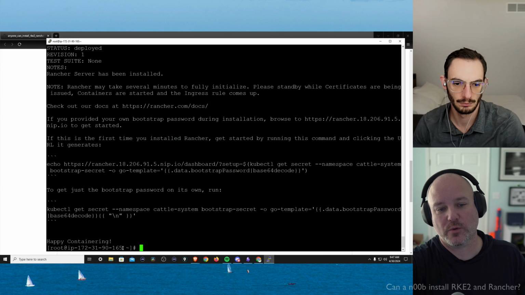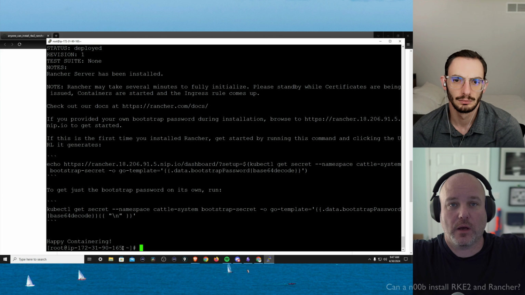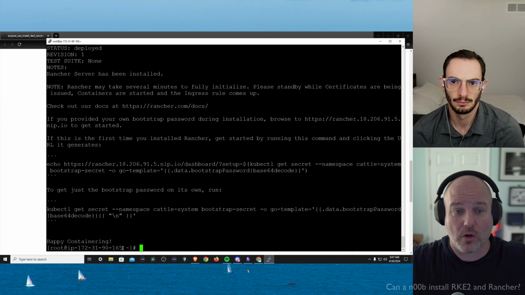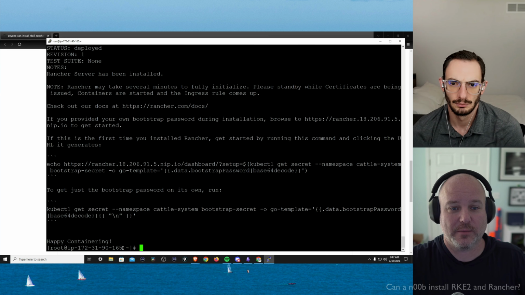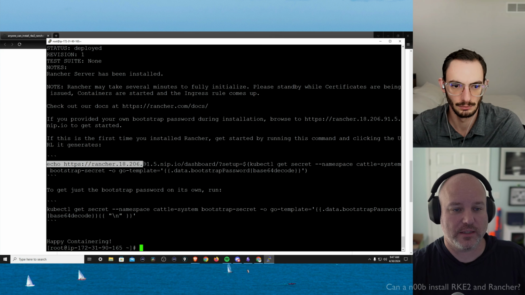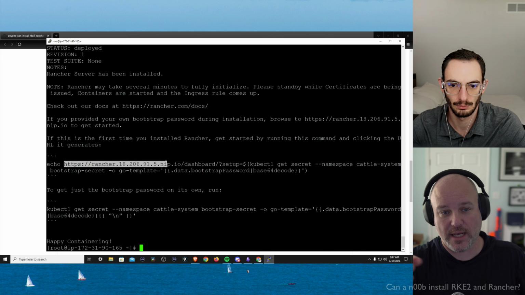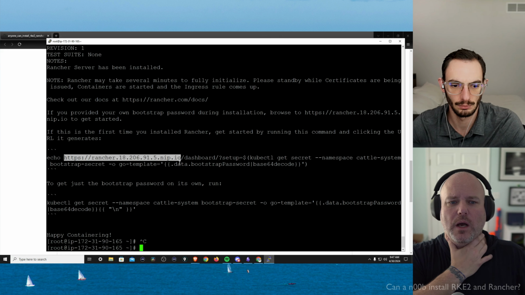Okay, perfect. Go ahead and hit enter. What we're doing is we're basically saying, hey Rancher, when you come up, I want you to expect a website name called rancher.18.206.91.5.nip.io. In fact, you can copy that HTTPS right there in the middle. Don't worry about the echo, just get the HTTPS, because we're going to go to the browser, go all the way to the IO, and you can copy there. Yep, perfect. Right mouse. I think that automatically highlights with PuTTY.